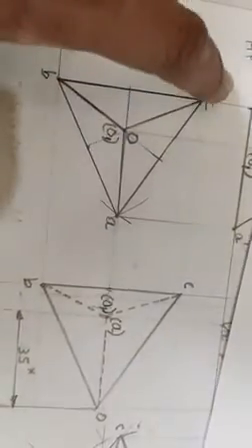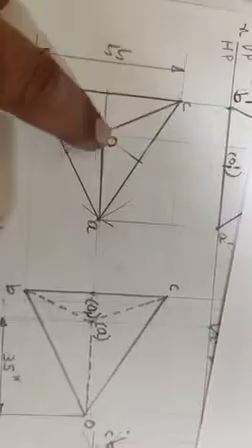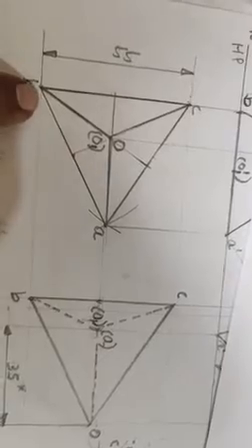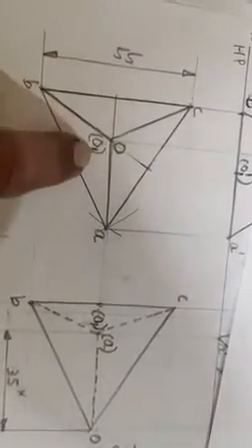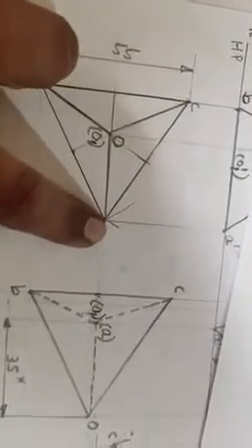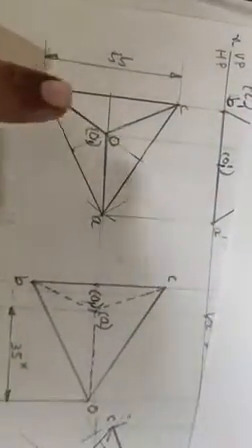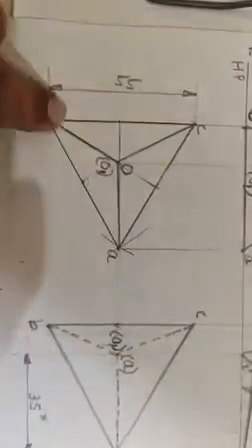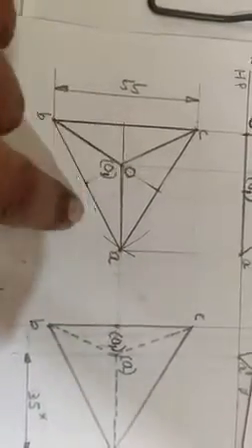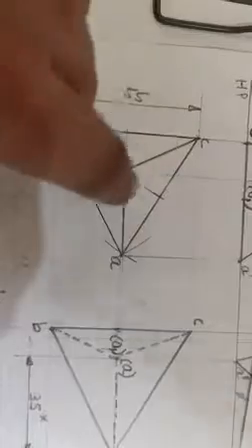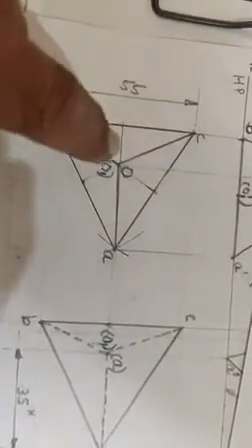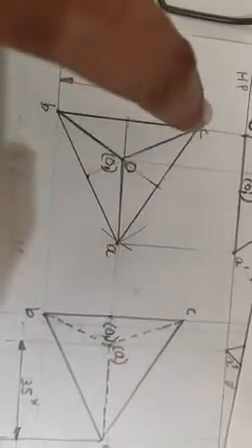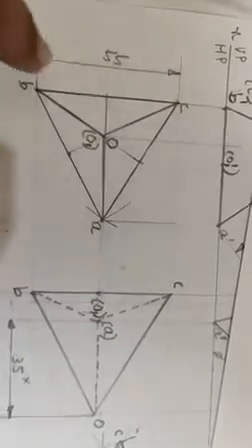Once you get the center, you can draw the other three triangles. See, BOC is one more triangle, BOA is another triangle, COA is another triangle. These are at a slope, so they are not in true shape. Only the base triangle you are looking at directly, parallel, so it is in true shape. So you have to draw perpendicular bisectors, get the center point, then draw the remaining three triangles. Remember that all four triangles should be seen in the top view, and the triangle in true shape is only the base ABC.